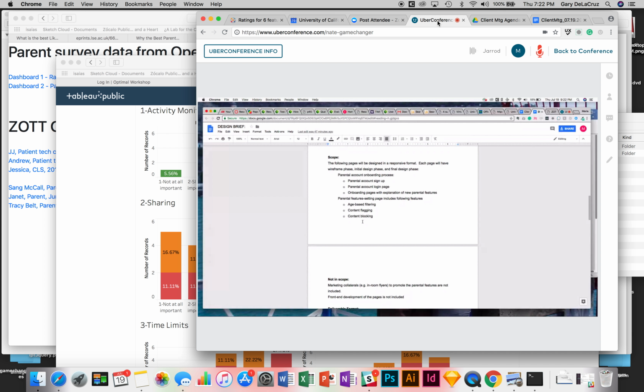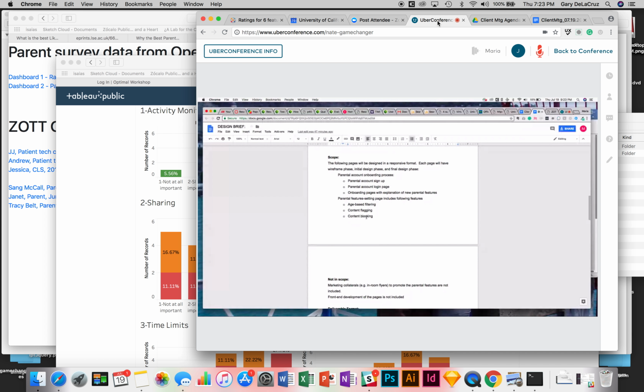Maybe we could just talk a little bit about the differences there. Would you really want to block specific content types like games, or would it just be age range, which is kind of what we're doing with filtering? I'm not sure what we mean by the scope, if this could just be specific games.